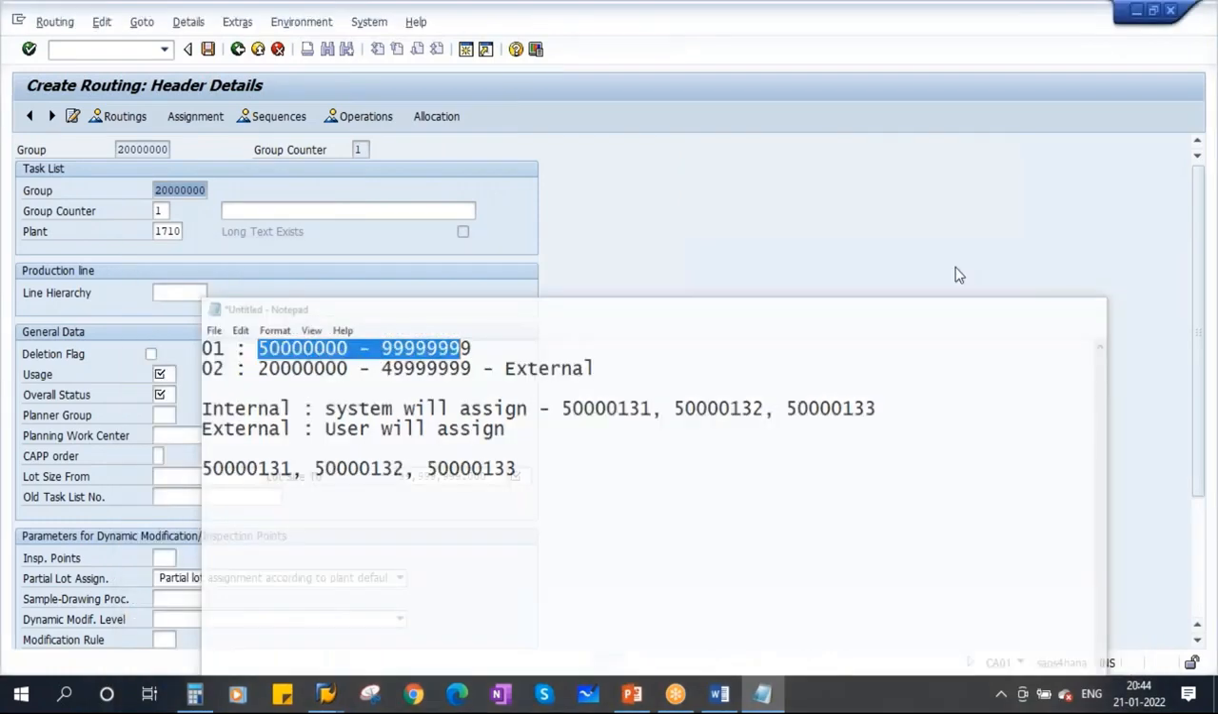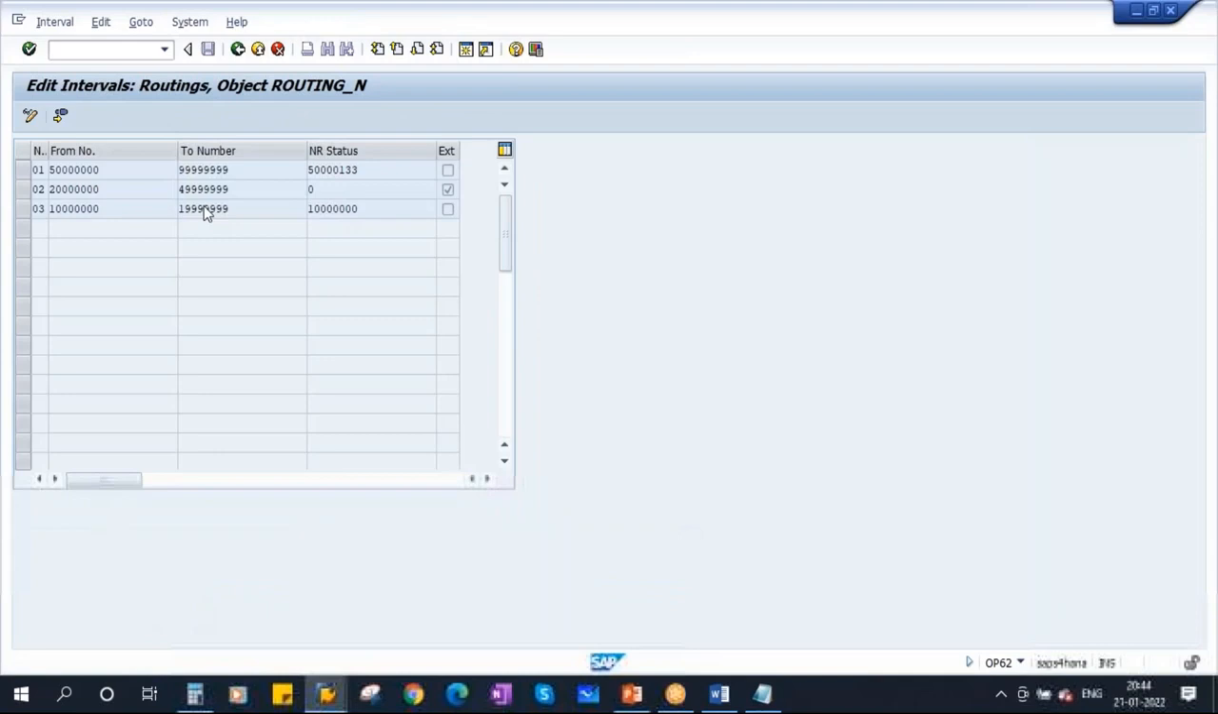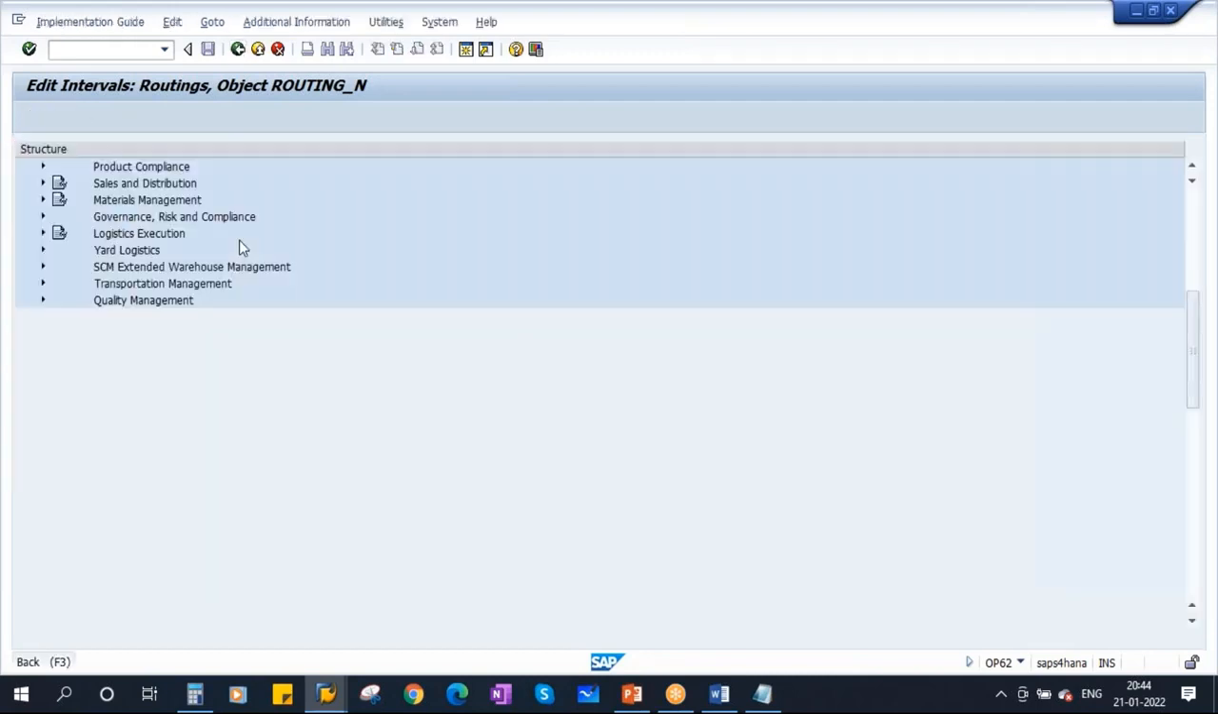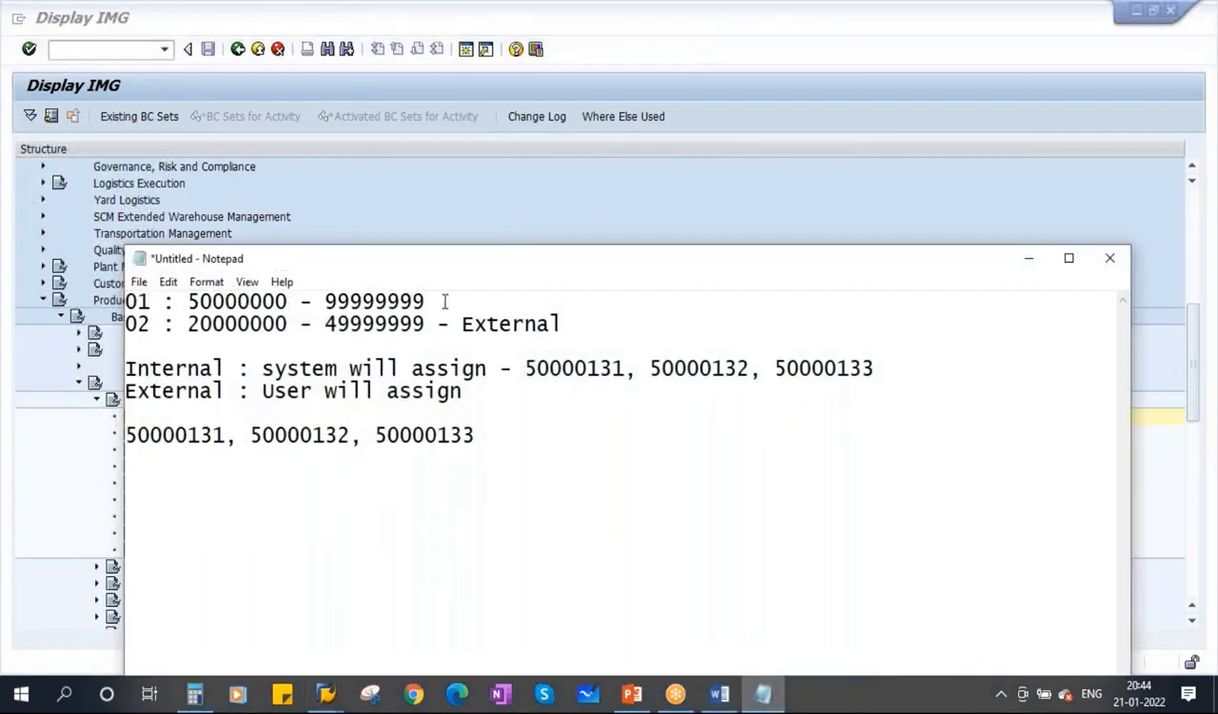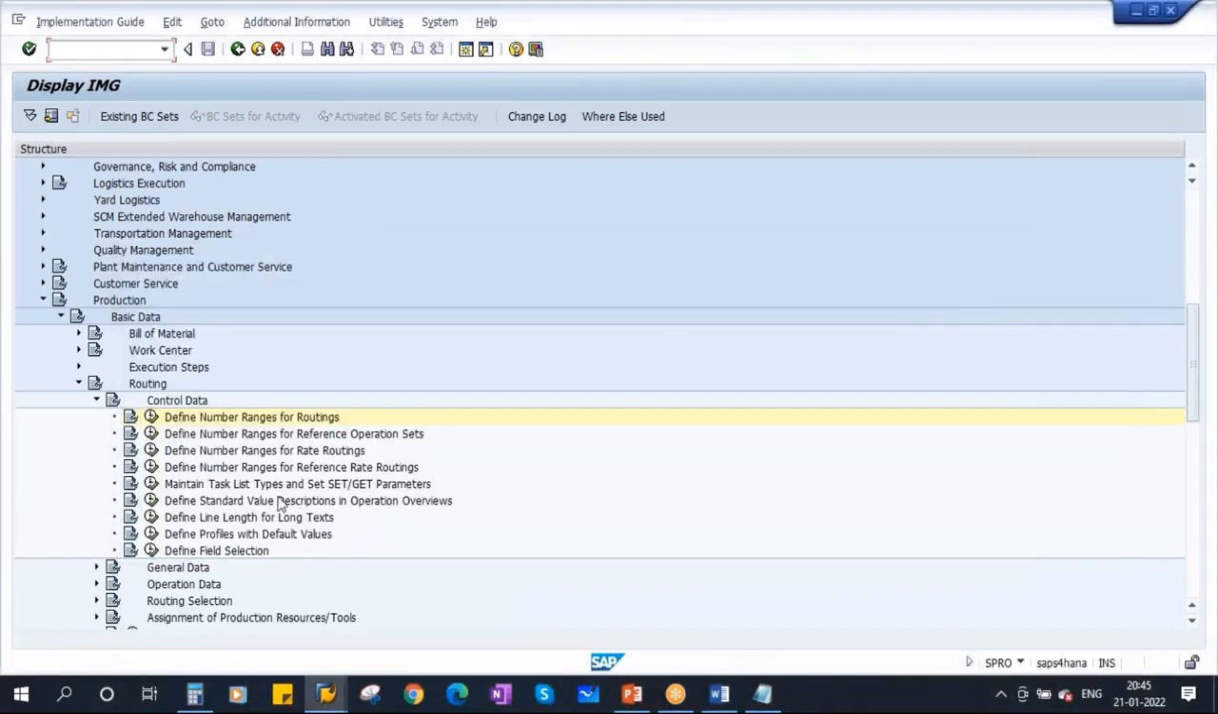So that is the number range configuration. First you need to define the number range interval, and then you need to assign it to our routing. If you go back here, now we have our number range intervals 01 and 02. This one is internal, and this number range interval 02 is from to, and this is external. Now these two will be assigned to this one. You see here there is the option maintain task list types and